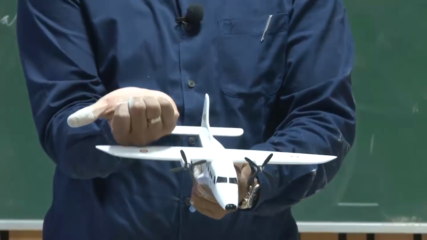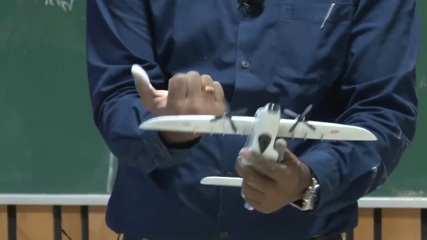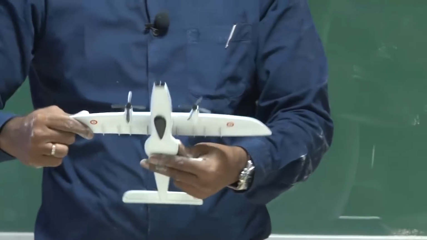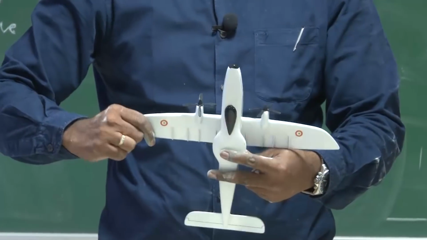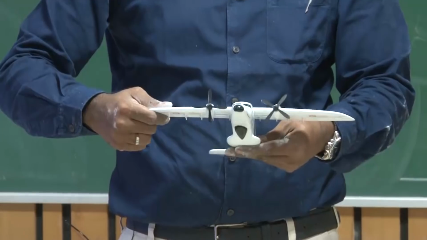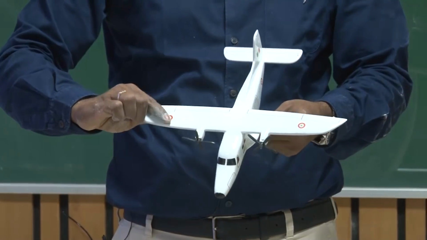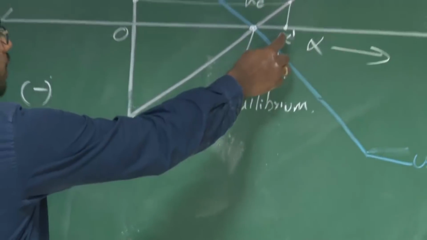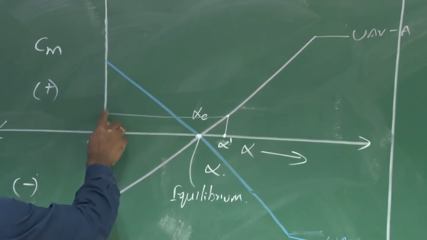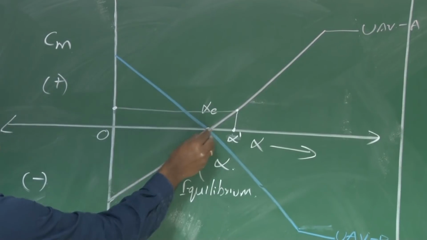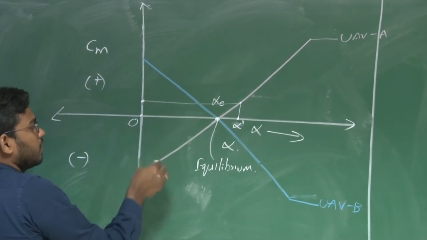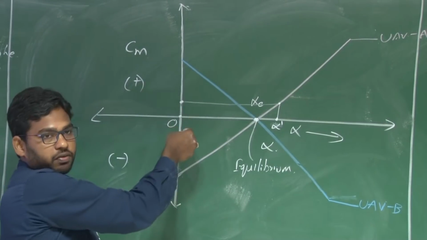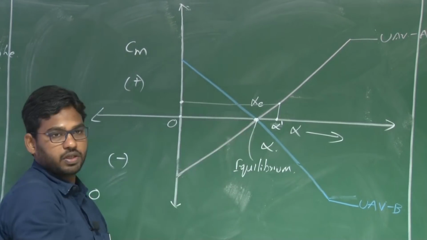So stretch your thumb along the positive y and the curl of your fingers will give you the corresponding positive rotation here. So this pitch up rotate motion is considered positive, pitching down is considered negative, right. So with the increase in the angle of attack, there is an increase in the moment. Initially at this particular angle of attack where the resultant forces and moments are 0, you have 0 moment definitely, because that is the definition of equilibrium here.